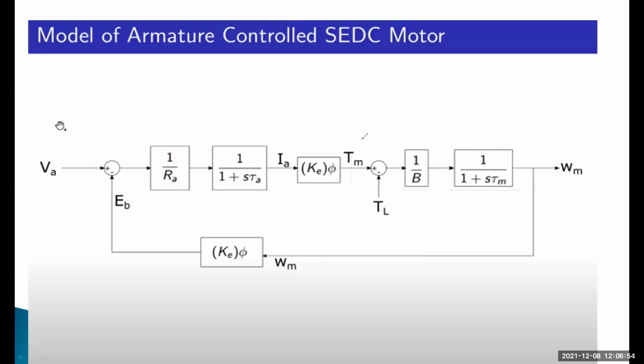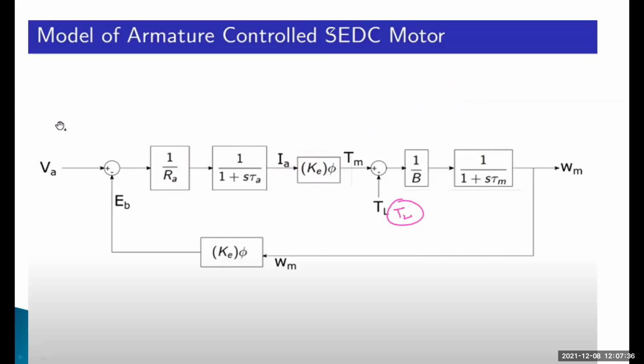The next equation is the motor torque equation. What is the motor torque equation? Tm is equal to K into pi into Ia. This is called the motor torque equation. Here Ia is already there, and K into pi is there, and the multiplication of these two, Ia of S and K into pi, is the motor torque Tm. Am I right? In this way you will get the motor torque Tm, and the next is the load torque.